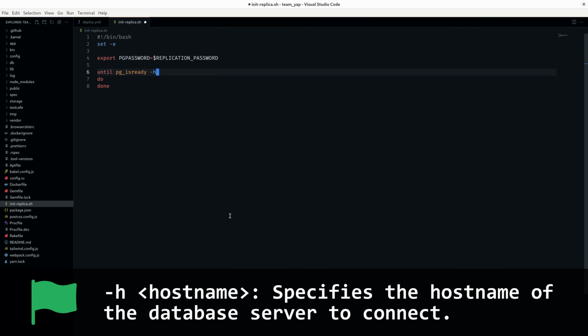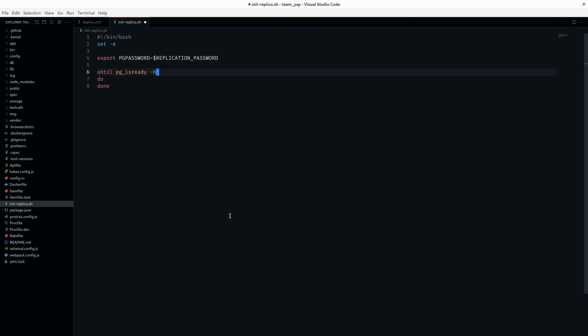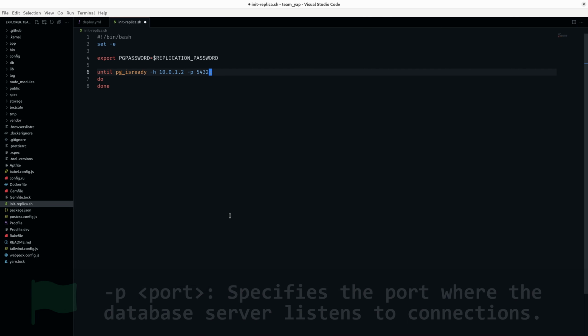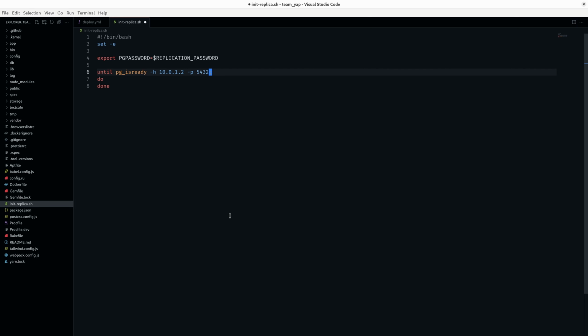I'll use the -h flag to set the database server I want to connect to. I'll use the private network's IP address of the primary database server here. I'll also specify the -p flag to set the port, 5432, which is the default PostgreSQL port. I don't need to add this since it's the default, but I'll make sure it's in the script just to